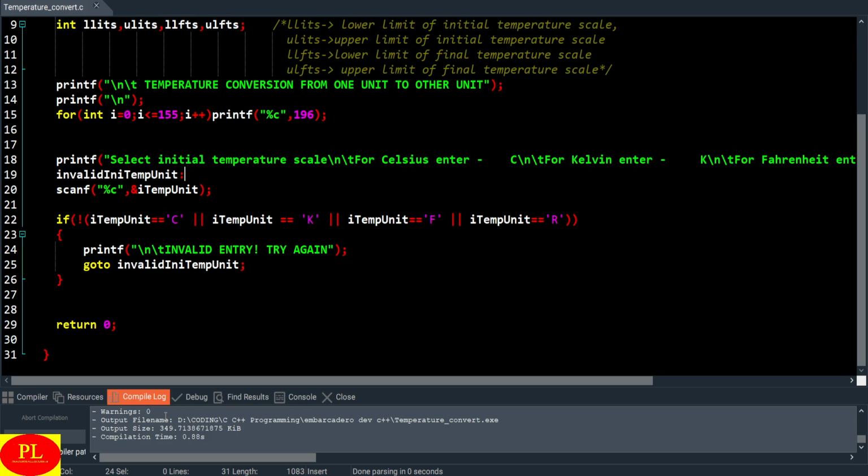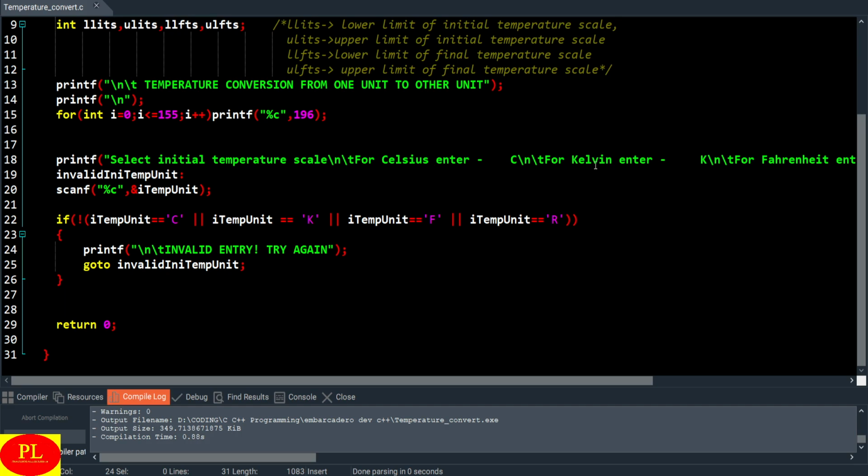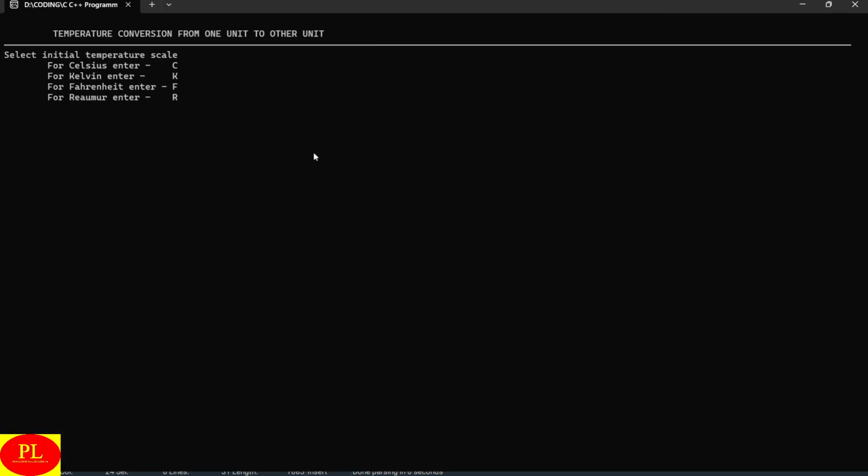Then I will use F10 to run this. Okay, select initial temperature scale. Let's say I will enter uppercase C, enter. So there is no problem. Now if I enter something which is not in the list, let's say I will enter capital Q, it will say invalid entry, try again,